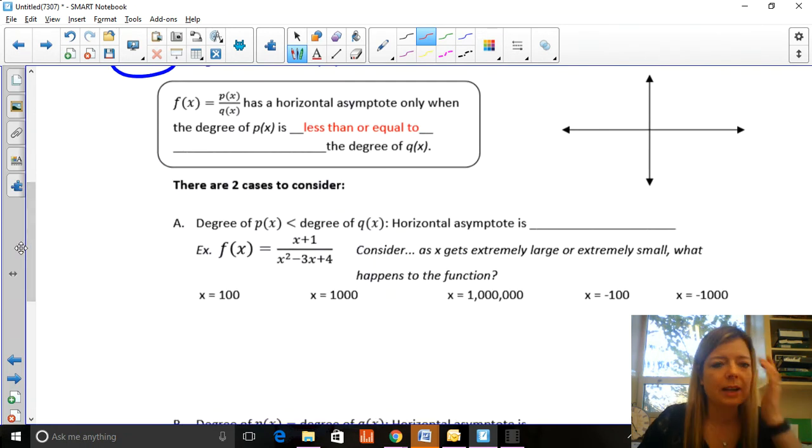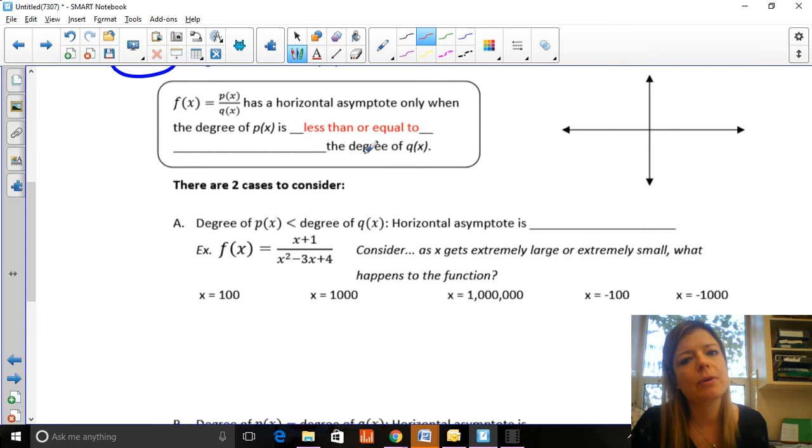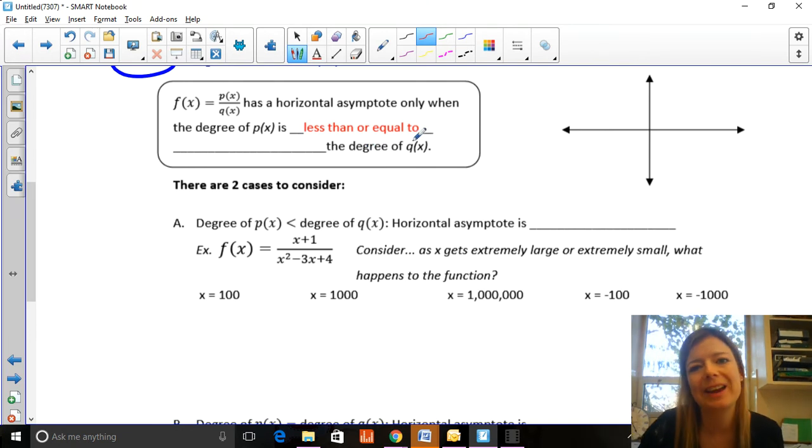Well, a rational function has a horizontal asymptote only when the degree of p at x, so the numerator, is less than or equal to the degree of q at x. So I like to talk about it as being top heavy, okay? So if the function is bottom heavy, so in other words,